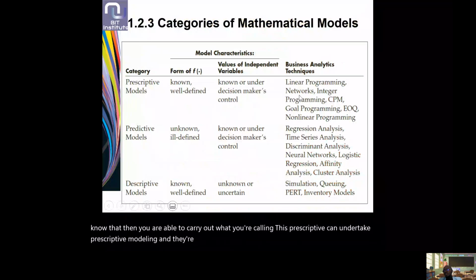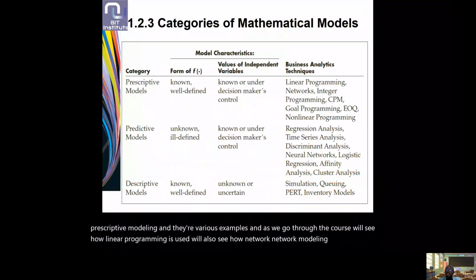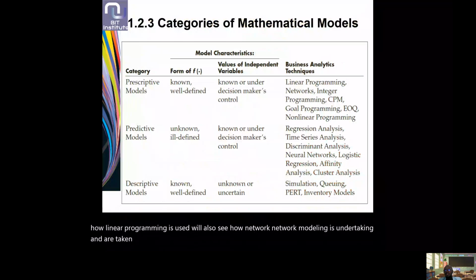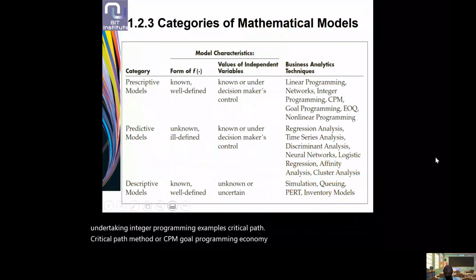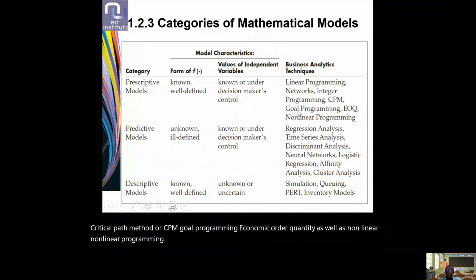There are various examples, and as we go through the course, we'll see how linear programming is used. We'll also see how network modeling is undertaken. Integer programming, the critical path method or CPM, goal programming, economic order quantity, as well as nonlinear programming, which is different from linear programming, are examples. The emphasis I want you to understand is on these two aspects for you to be able to determine